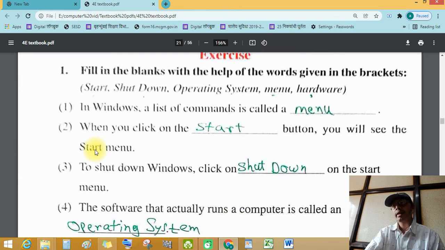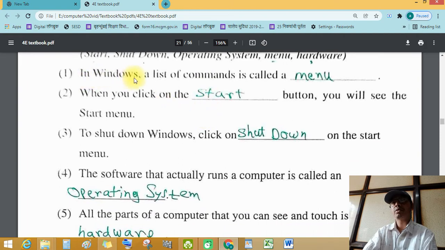Now student exercise. Fill in the blanks with the help of the words given in the brackets: start, shutdown, operating system, menu and hardware. In Windows, a list of commands is called a menu.